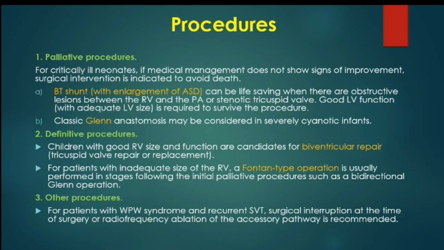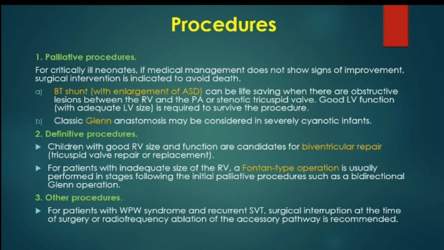We can directly proceed to a classic Glenn if the RV cavity is not sufficient and the child is severely cyanotic. Definitive procedure includes either biventricular repair if the patient has a good sized right ventricle and with a good function,